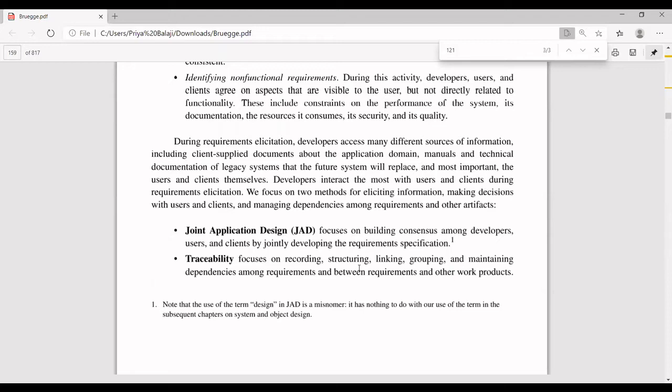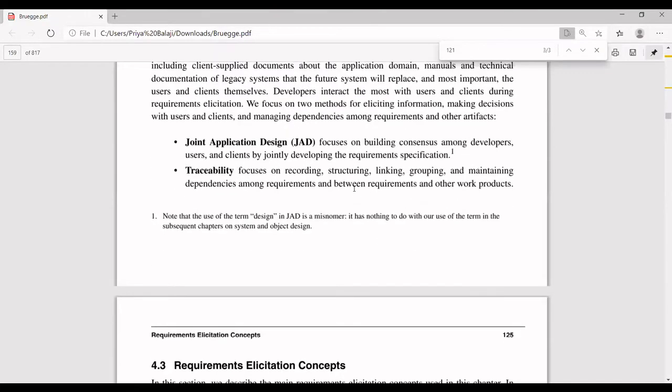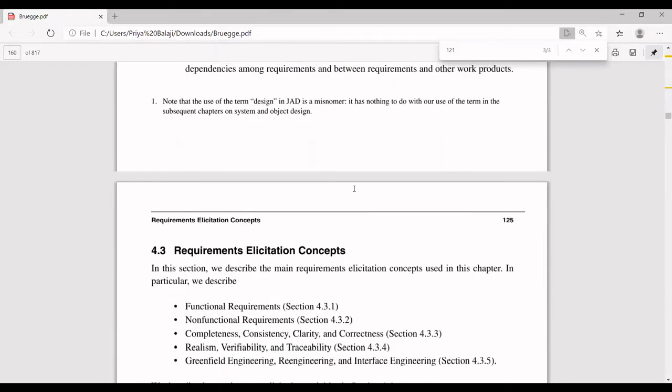Then they may explain to the client that this requirement cannot be met through this project. You need another way, where your requirement has to be divided into two different projects. Like that, they will have discussions. So that is exactly what is called JAD, Joint Application Design, where different types of experts are involved in requirement specification.